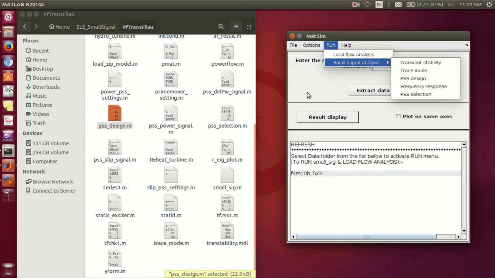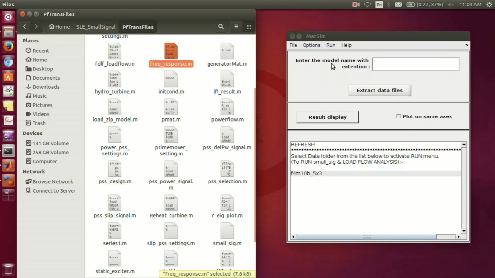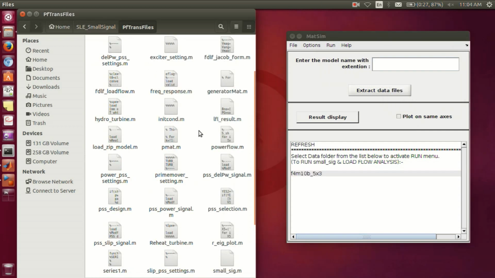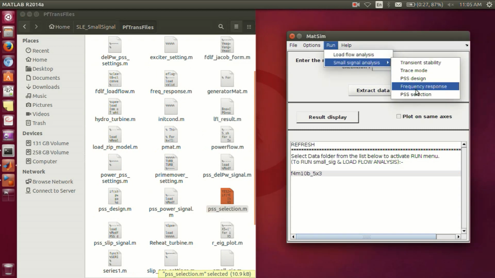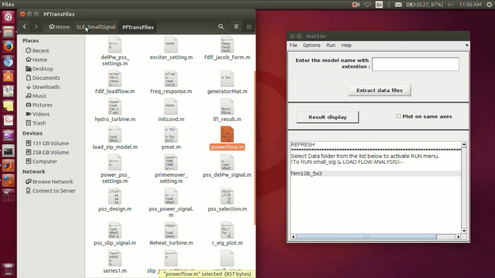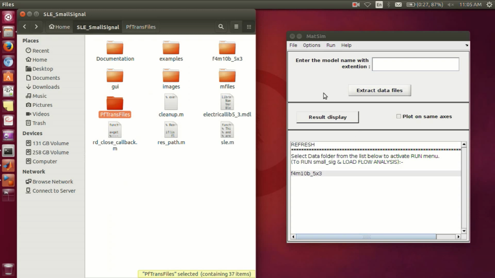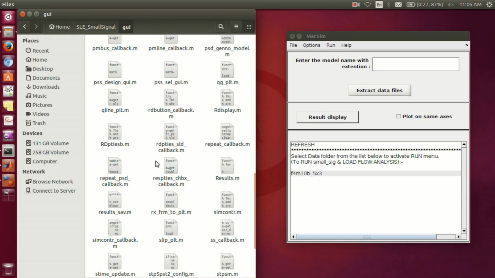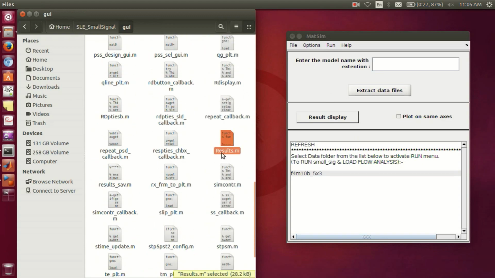Like PSS design, the frequency response, and then the PSS selection. So the same GUI, SLE GUI, can call other GUIs for the usability of the program.